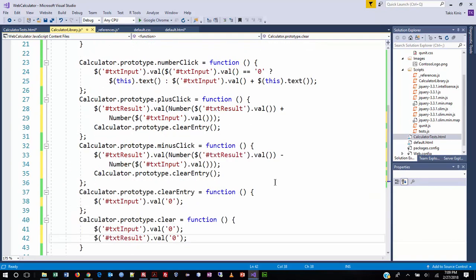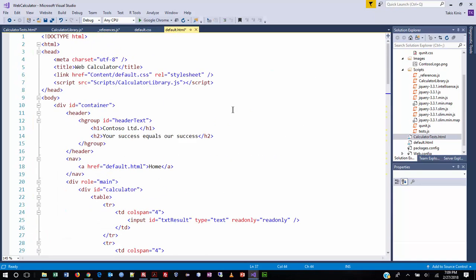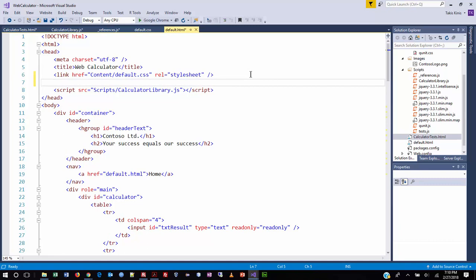All right. I'll zoom out a little bit so you can see all the changes that were made in this section. So it should look like that. The book shows that bridged over page 301 and 302. Now from there, we are going to jump to the top of the default HTML file. So let's go there. And then we're going to add a call to jQuery between the CSS and the calculator